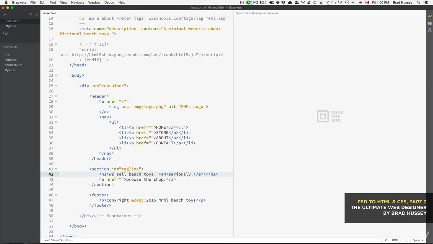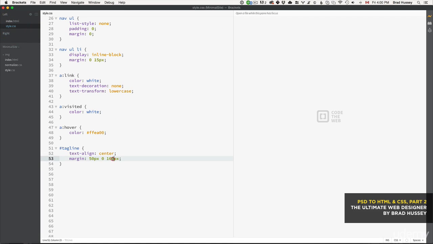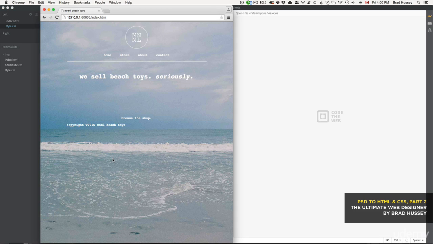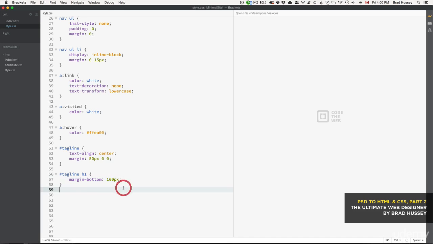We want to select that H1 and give that a margin bottom of 160. So tagline, we actually don't want that much space, just 0. 50 on the top though. But tagline H1, we want that to have a margin bottom of 160 pixels. That's better. Okay, now what we need to do is we need to take seriously, put on a second line, and make it not bold, not italic. All you got to do here,